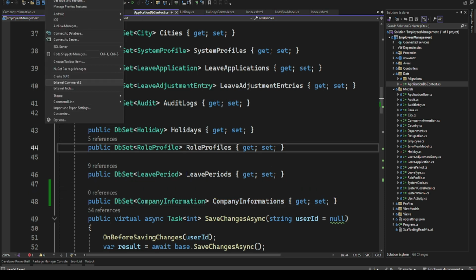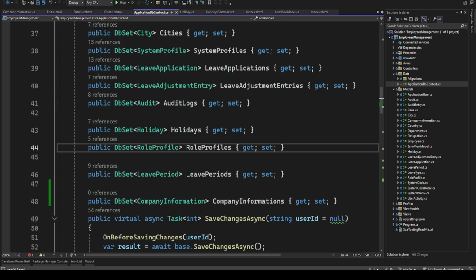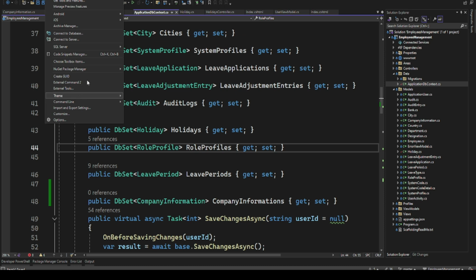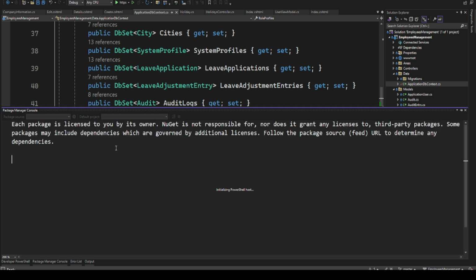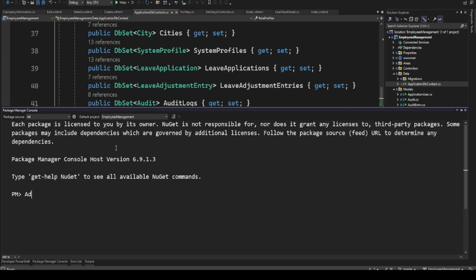So the next thing is to add migrations and update our database. I'm going to add migrations. Then in the package manager console, I'll just do add migration. Then provide the name of the migration, company information, then press enter. Then our file will be generated, and we are good to